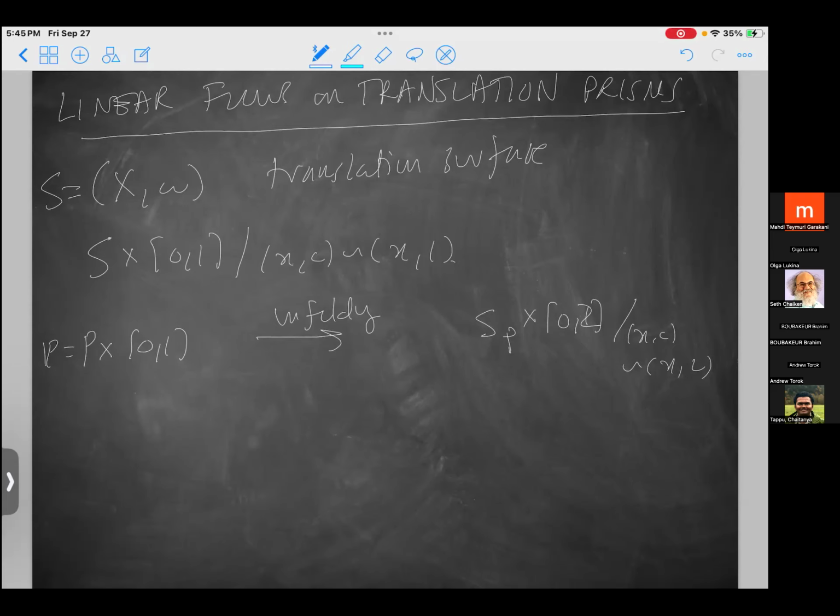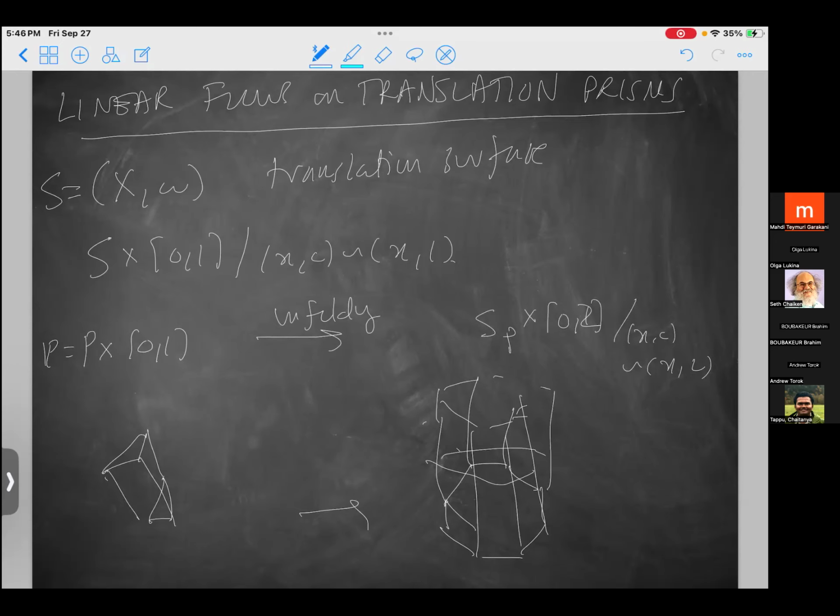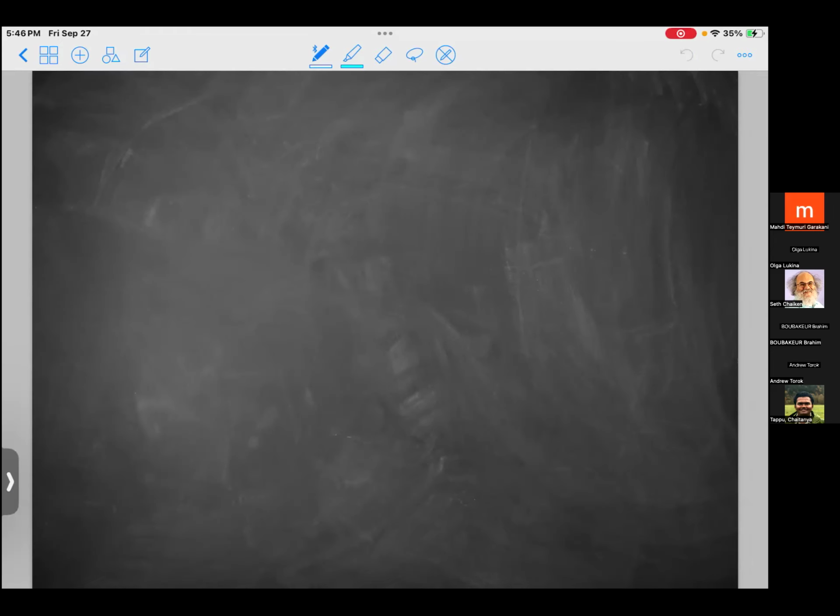So maybe I started with my triangle, and I got to, I don't know, maybe an octagon, and then my prism over my triangle became a sort of prism at twice the height over my octagon, which is going to be a disaster to draw. It's impressionistic, or I'm in France, I'm allowed to be impressionistic, but it's at kind of twice the height. Everybody happy? Lots of nods from the audience.